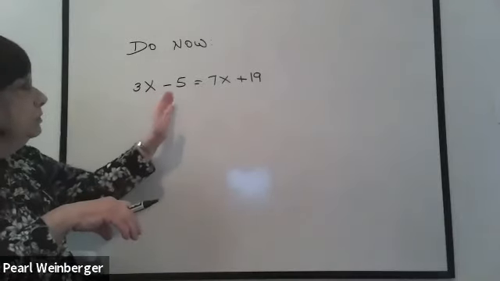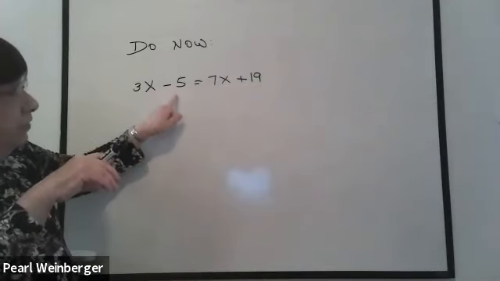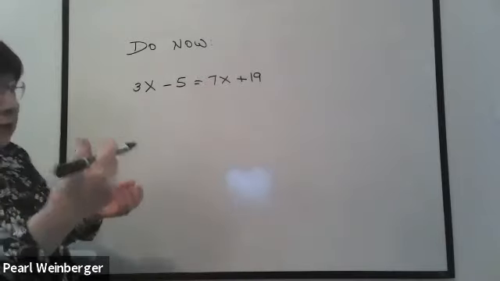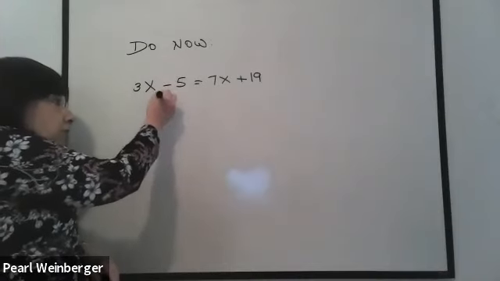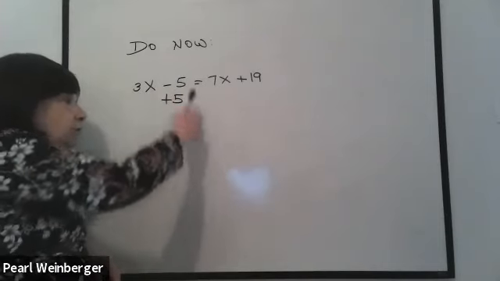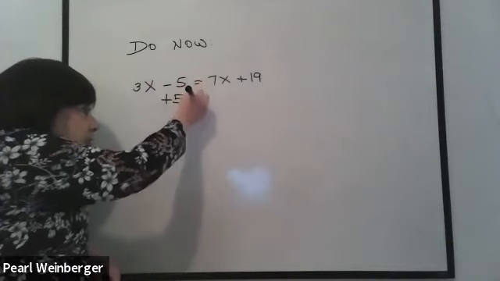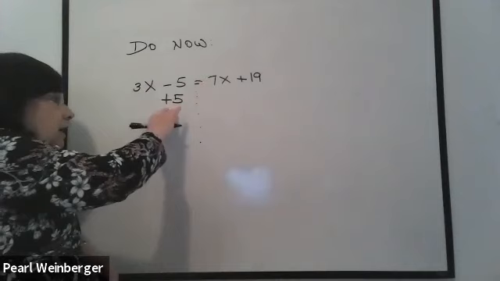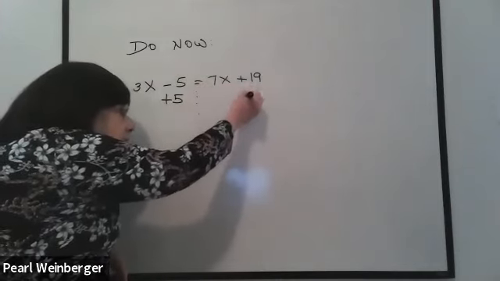I was at the point where I was going to bring this 5 to this side, right? Since this is a -5, I want to get rid of this -5. So I always do the opposite operation, the inverse operation. Since this has a minus, I'm going to put a plus. So I'm going to do a +5. Now, whenever I do something from one side of the equation to the other, in other words, there's this invisible line here. This is one side, this is the other side. Whenever I add something to one side, I've got to add it to the other side.